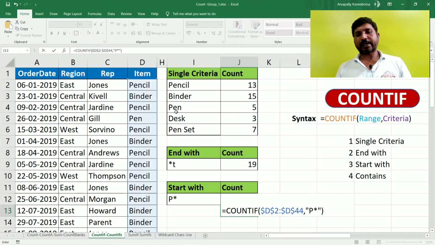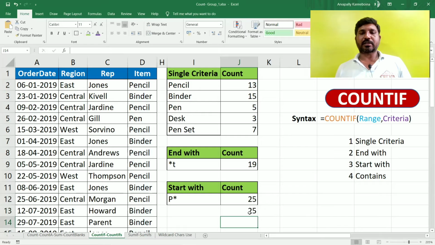This is the other way to write the COUNTIF formula. This is the range, it doesn't change, but if you want to give the cell address or otherwise type within the quotes. So same result, right?